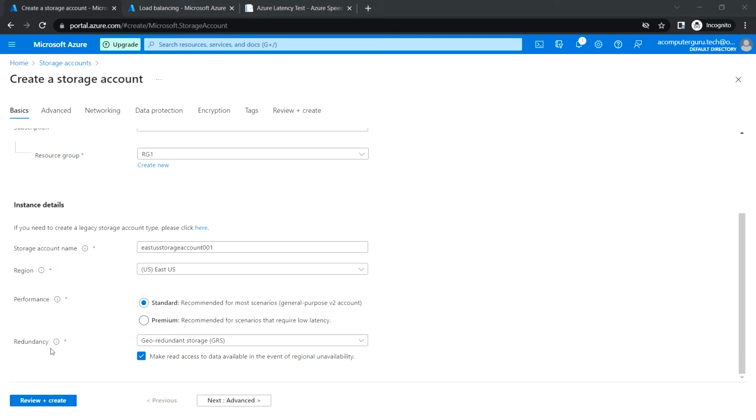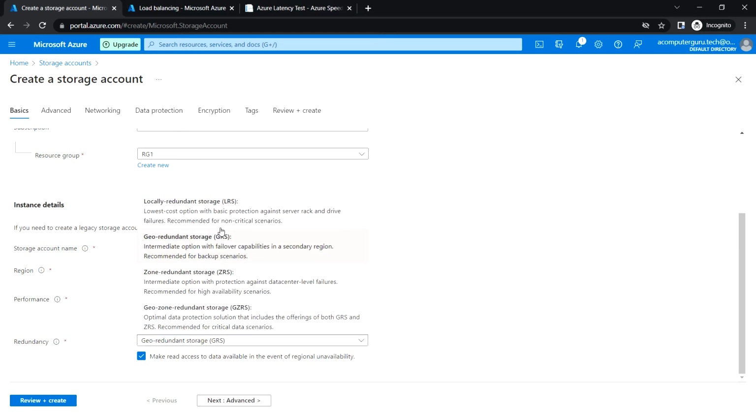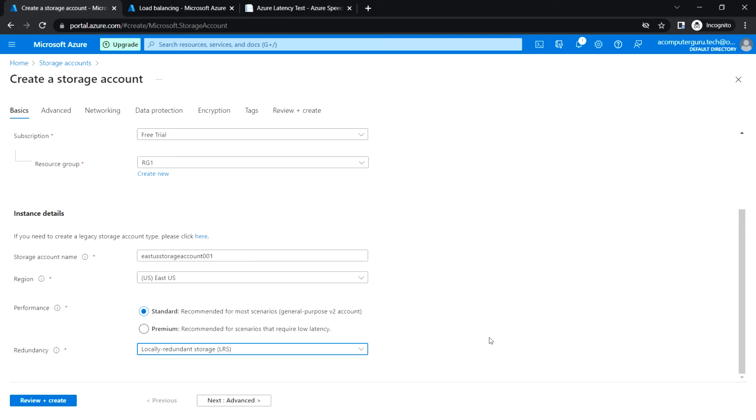Okay, and let's leave it with the standard, and for the redundancy I'm going to choose LRS, locally redundant, and click